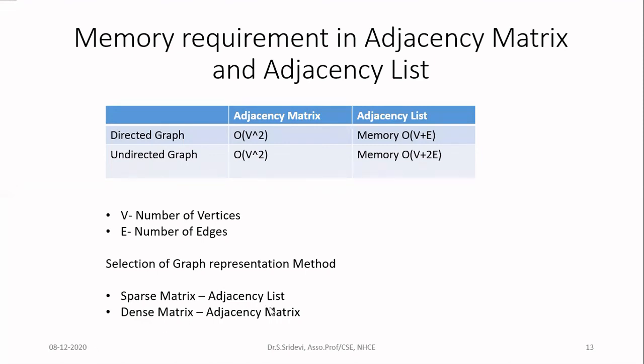What is the reason for this? In case of a sparse graph, can I use the adjacency matrix? Let us consider the case of Facebook. In case of Facebook, millions of users are there. For every user, a vertex will be created. For example, let us assume that there are 1 million users in Facebook, but that is not the case, it is more than that. I want to represent my friends. I have only 10 friends in Facebook, assume like that. So out of 1 million users existing in Facebook, I have connection with only 10 nodes.